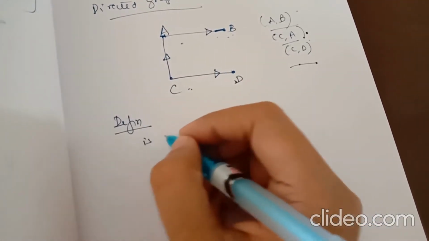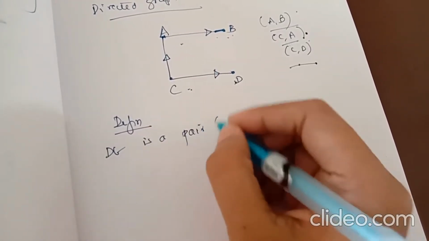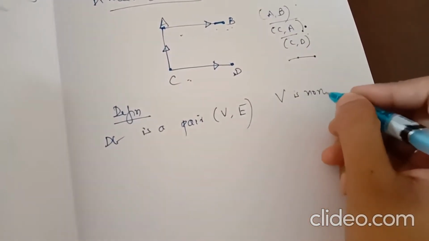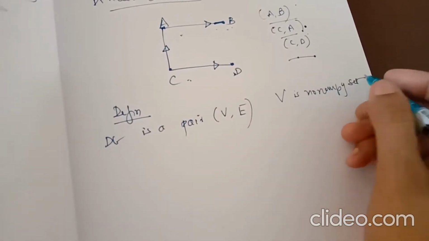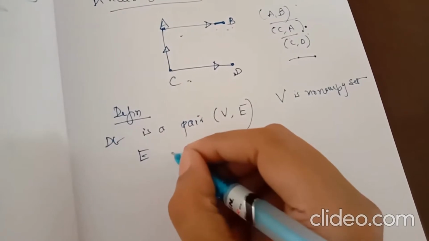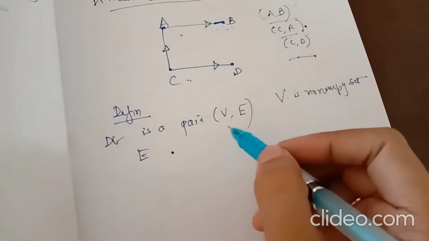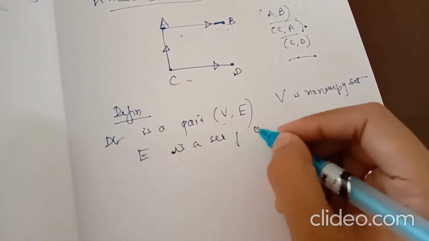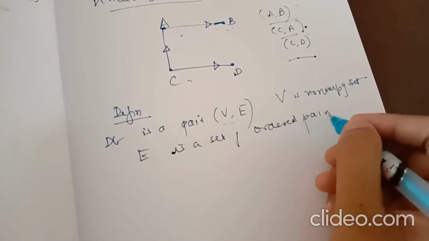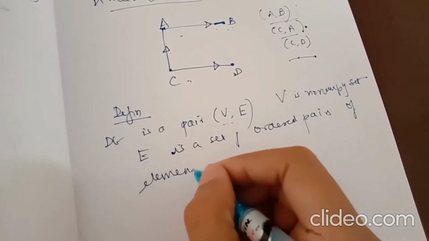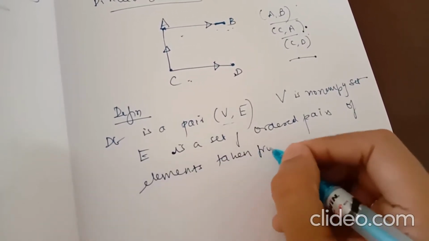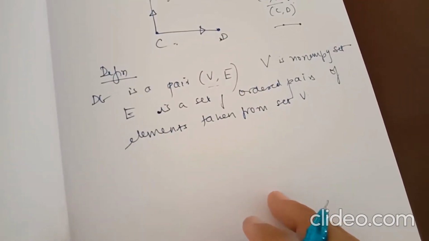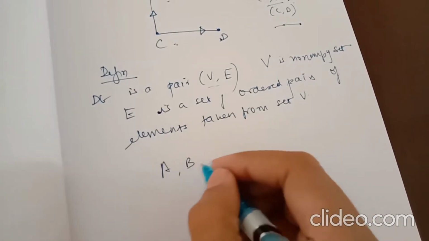A directed graph is a pair of vertex set and edge set, where V is a non-empty set, that means it consists of vertices, and E is the set of ordered pairs of elements taken from the vertex set V. So this is the basic definition of a directed graph, and we call these elements, that is A, B, C, D,